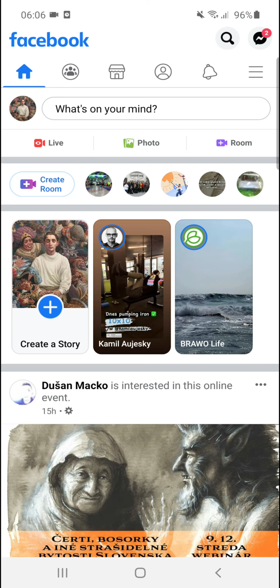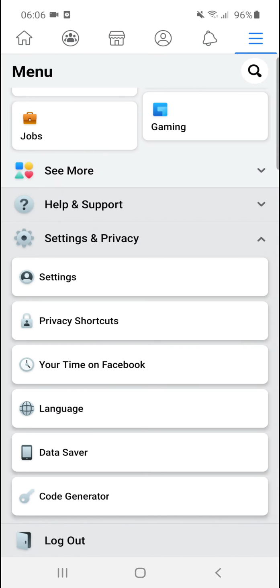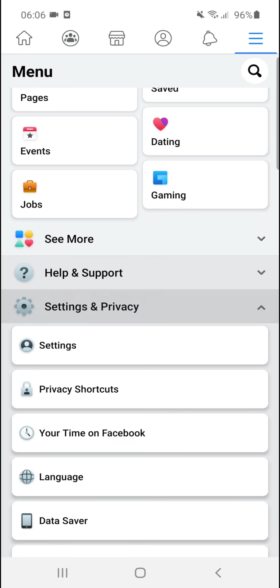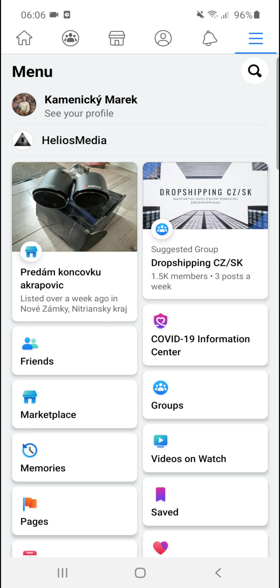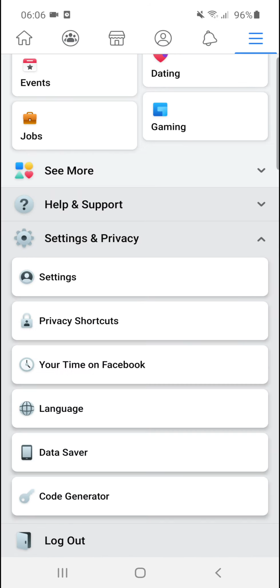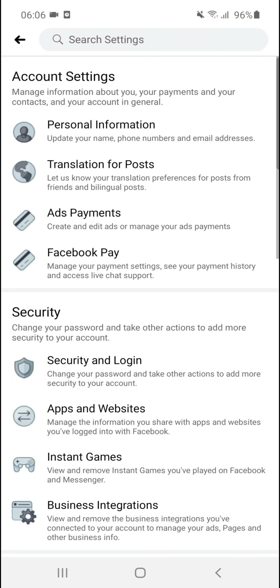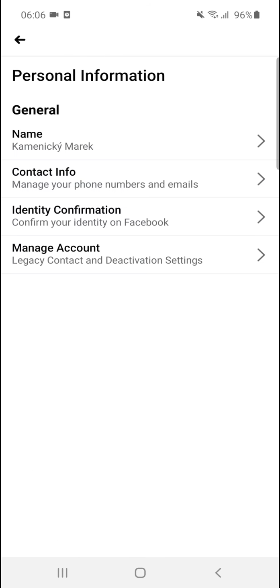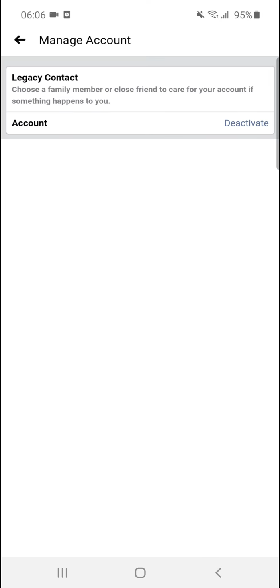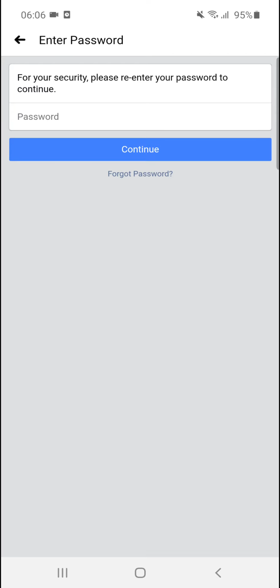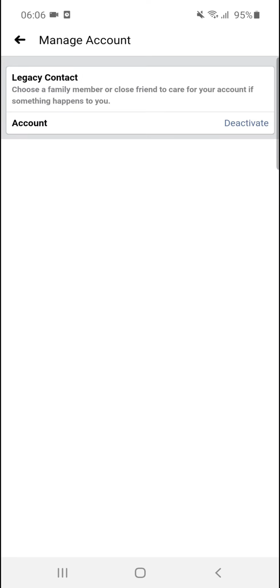The first thing you want to do is just be on Facebook and then go to the right top corner to the menu, and here you want to scroll down below, settings and privacy, click settings, and then you're gonna see personal information, manage account, and here you're gonna see account deactivate, and then you just enter the password, and this is how you can